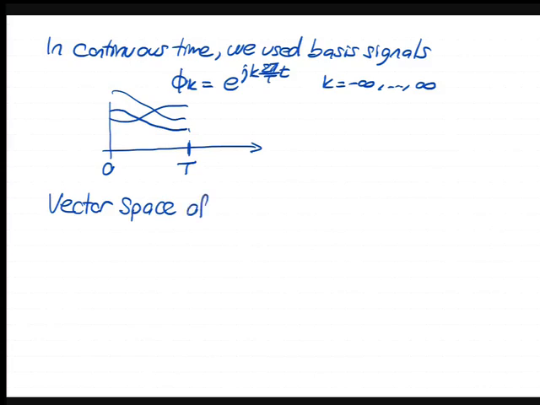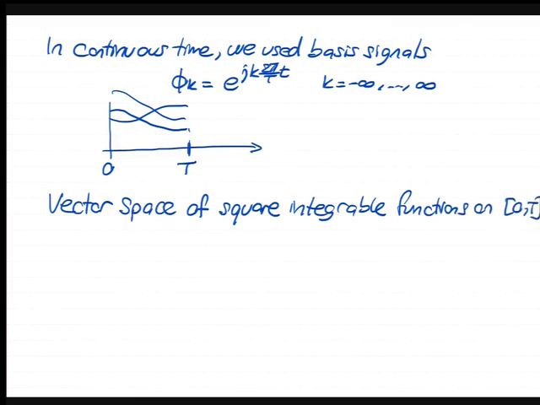So vector space of square integrable functions from 0 to T. So these are functions. Again, this is not going to be on the exam or anything like that. But I'm just trying to tell you how the geometric view we had so nicely laid out in discrete time would carry over to continuous time if one wanted to do that, okay? And certainly this course is not enough to do it. You would have to take a course in function analysis or 110. Is that the math course that does all these abstract vectors? Huh?